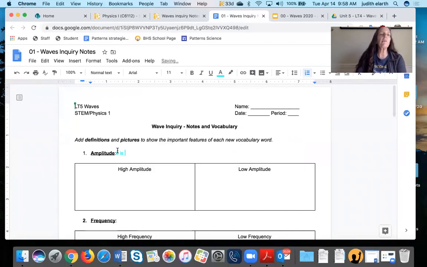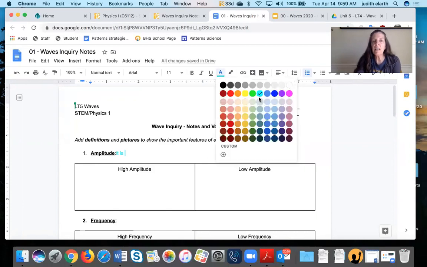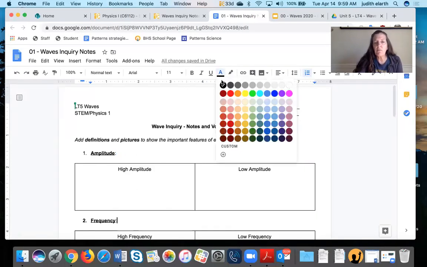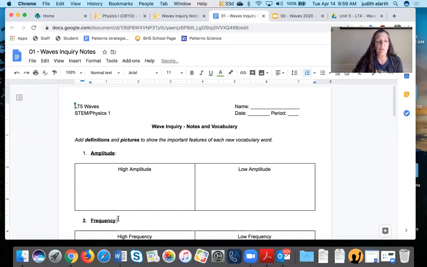I can start typing. Now notice that super bright color is a really horrible color for your teacher to grade. If I'm going to grade a bunch of these online, try and avoid the yellows, the highlight blue color. Look at it when you type and see, is it a readable color? Because this color, kind of horrible. Okay, so in here, you can define each of these, and each time you'll have to go and pick your color again. And so if I picked something a little more readable,